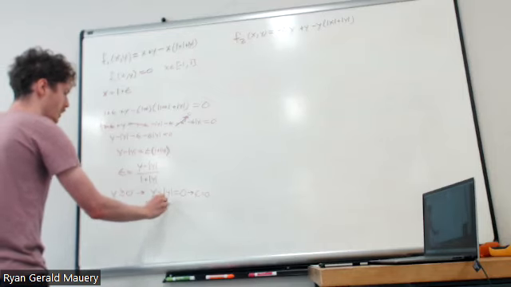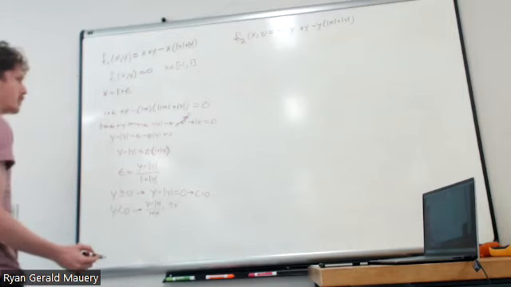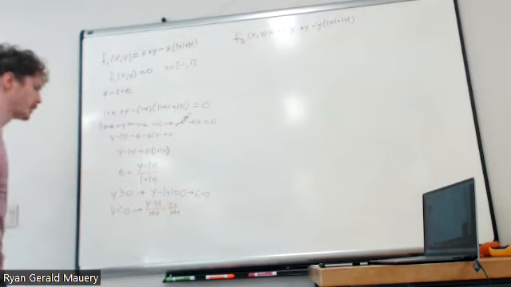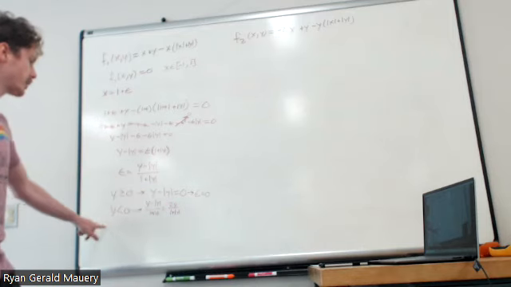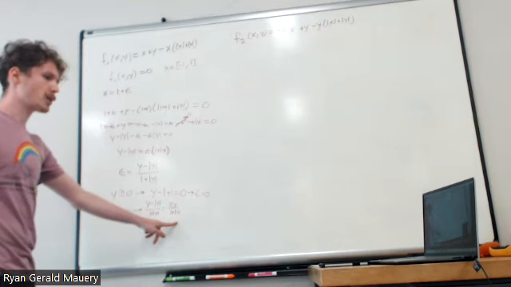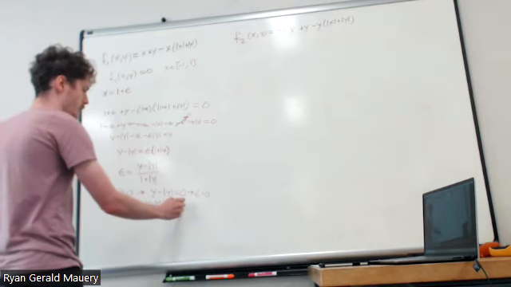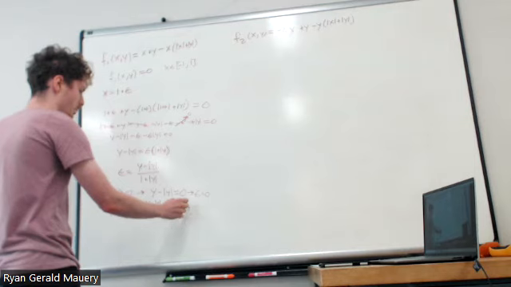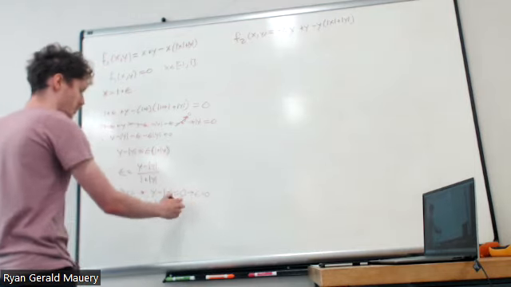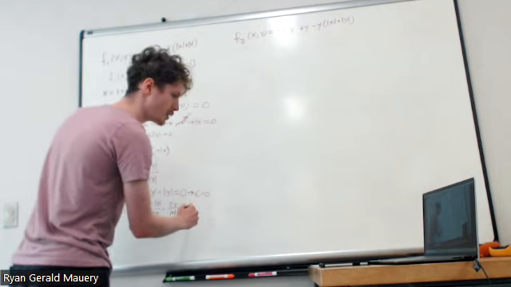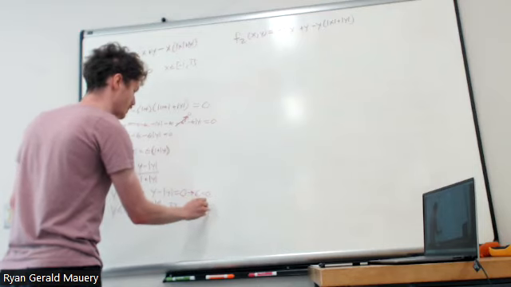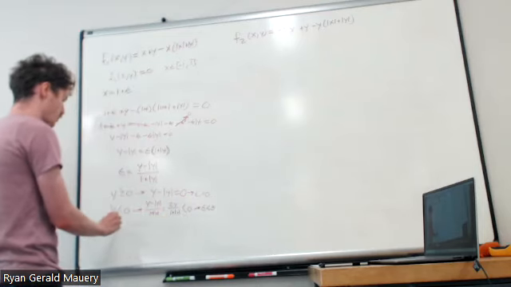That is the same thing as writing 2y over 1 plus absolute value of y. And since y is negative, that means that 2y is negative. And then 1 plus absolute value, that's always going to be positive. So that means that this is going to be less than 0, which means that epsilon is less than 0, which means for y,